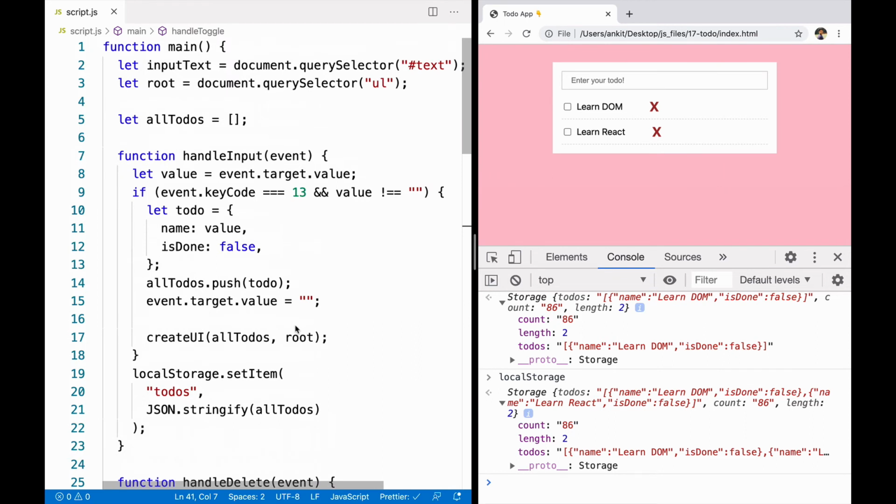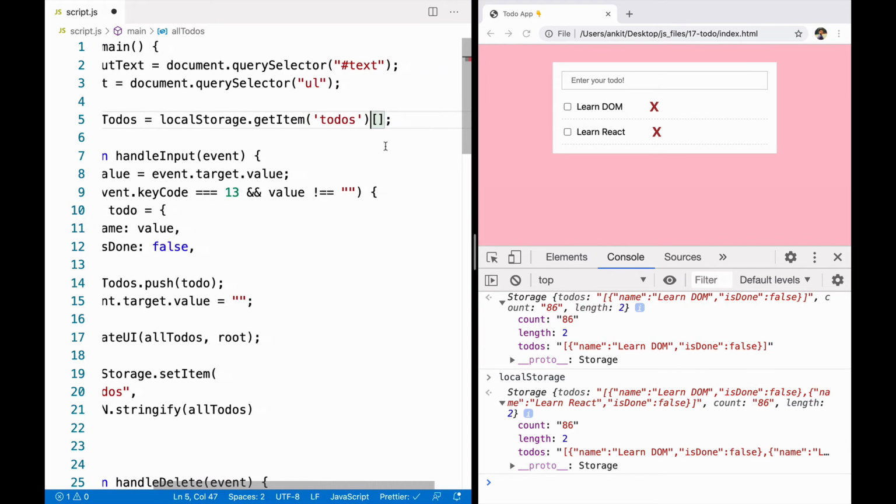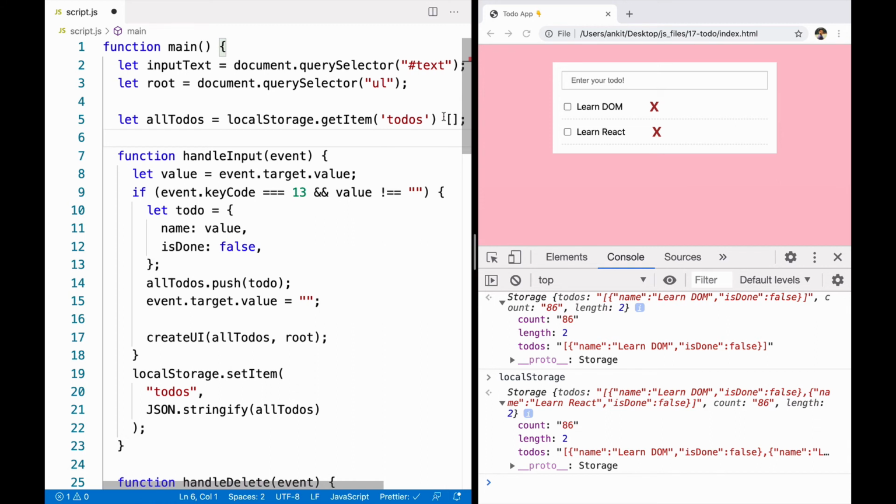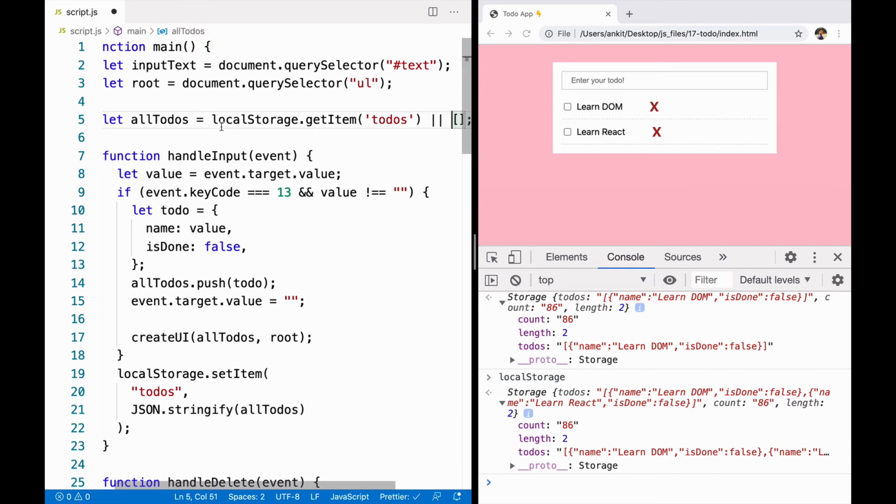Now we need to access it. Whenever we are initializing the value, there can be two scenarios. One scenario is that in the local storage there is no key of the name to-dos, but there is a scenario where that exists. So when it exists, we can go ahead and say localStorage.getItem. It takes a key, and the key here we are looking for is to-dos. If you remember, whenever we are accessing data from local storage and that is a non-primitive data type, we have to parse it. So we'll go ahead and say